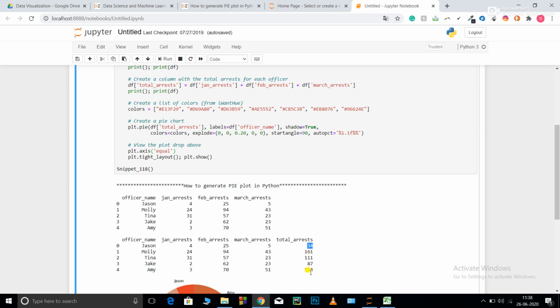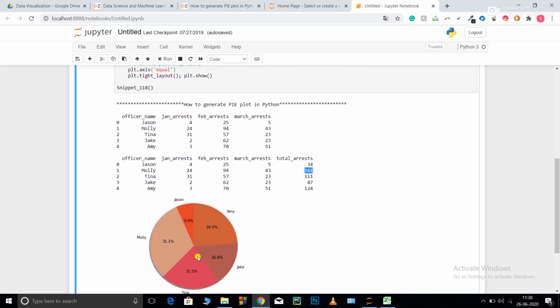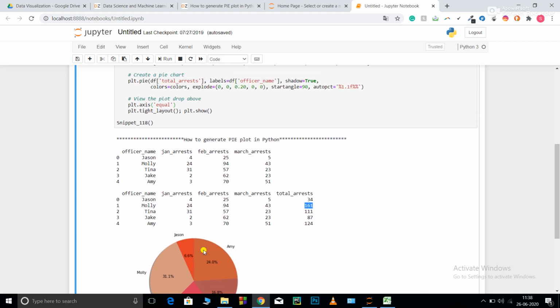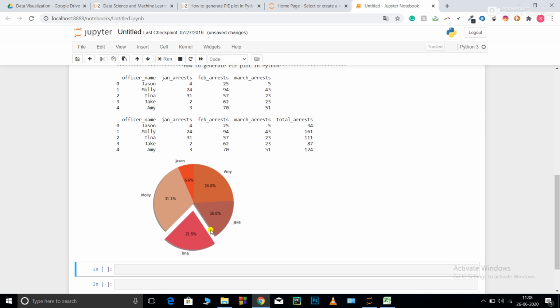For example, consider the sum comes out to be 300, and this is not 161 but 150, so 50% of the share of this circle is going to be given to Molly. So basically 180 degrees, this 31.1% is going to be 50%. So you can see over here, I have exploded out Tina from this.